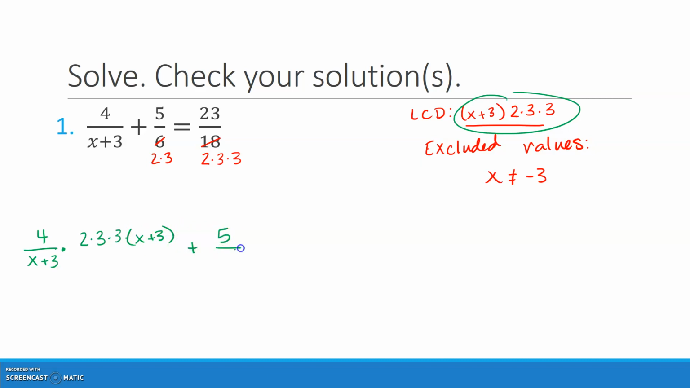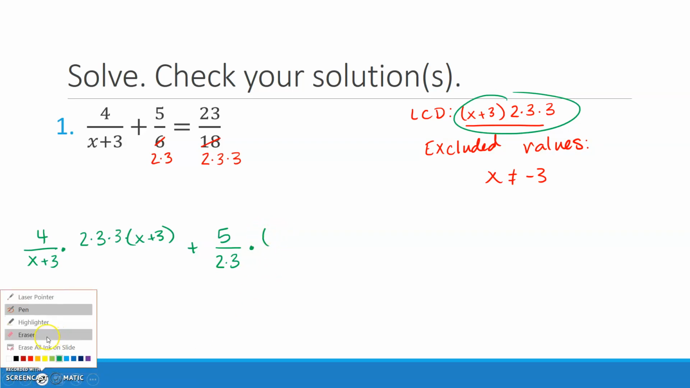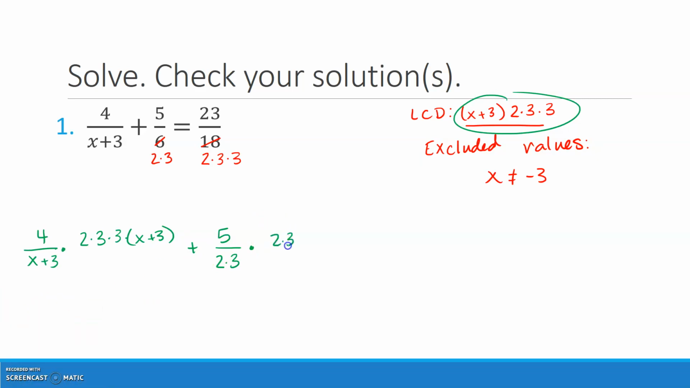plus the 5 over 2 times 3. I'll just leave it like that. I'm going to multiply that by the same thing, 2 times 3 times 3 times x plus 3. And then that's going to equal 23 over 2 times 3 times 3 times, again, the least common denominator is 2 times 3 times 3 times x plus 3. Okay, and what this does is,